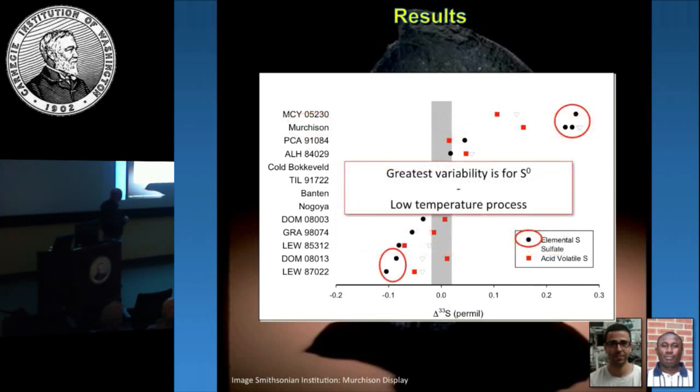And then I guess the final observation here is that the greatest variability is for elemental sulfur. This is the lowest and the highest. And then the sulfide is in the middle and the sulfate sort of tracks along. This implies, because we think that it's elemental sulfur, that the production mechanism is not oxidation of sulfide, a high temperature mineral, to form elemental sulfur, but that it's something to do with elemental sulfur itself or some precursor.